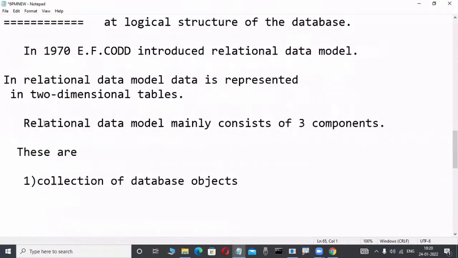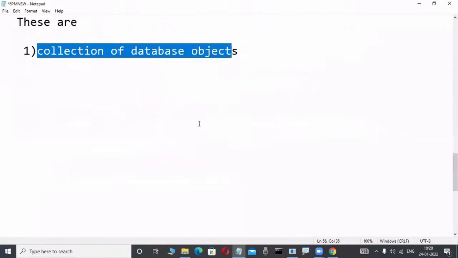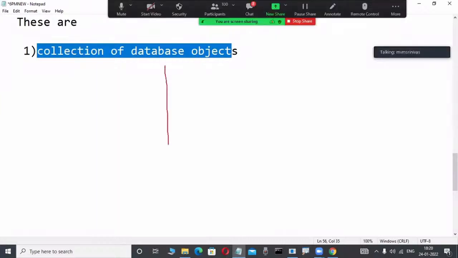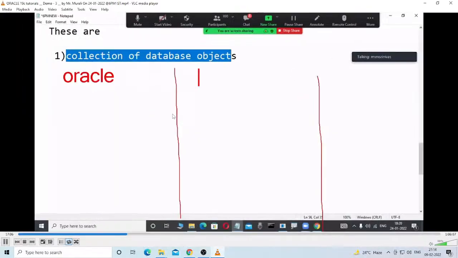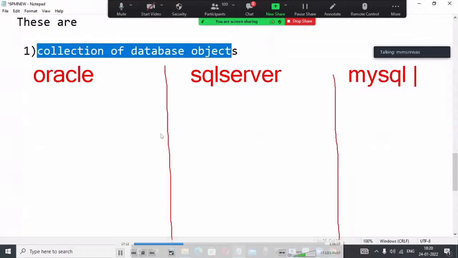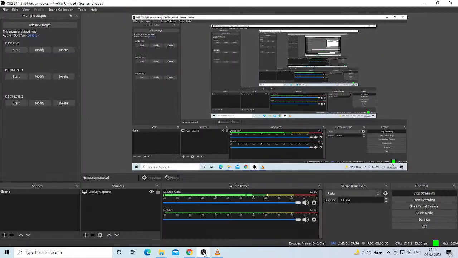Slowly observe here. Relational data model mainly consists of three components. What is the first one? Collection of database objects. Collection of database objects is dead easy. Even if you are a first-time newcomer, you will understand. Suppose you are learning an Oracle course, for example. Oracle is a relational data model product. Suppose some other fellows are learning SQL Server. SQL Server is a relational data model product. Again, MySQL is a relational data model product from a different company. Okay, fine. But in Oracle, which data